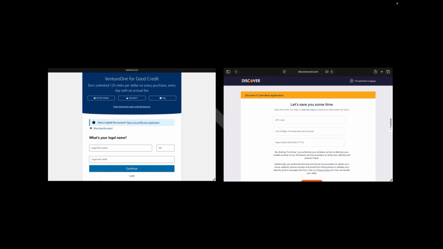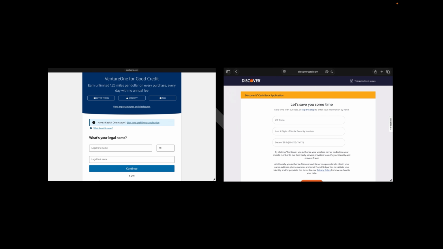Then you're going to go to Discover, look for the Discover It cashback. Once again, you're going to apply for the card. Not a pre-approval, not pre-qualification, but you're going to actually go through the actual application process, so that what it does is it's going to actually hit a hard inquiry on the credit report. But that hard inquiry is going to use that information you use on the application to update it on that profile. All right, so this is very good, useful knowledge for fresh blank profiles, as well as